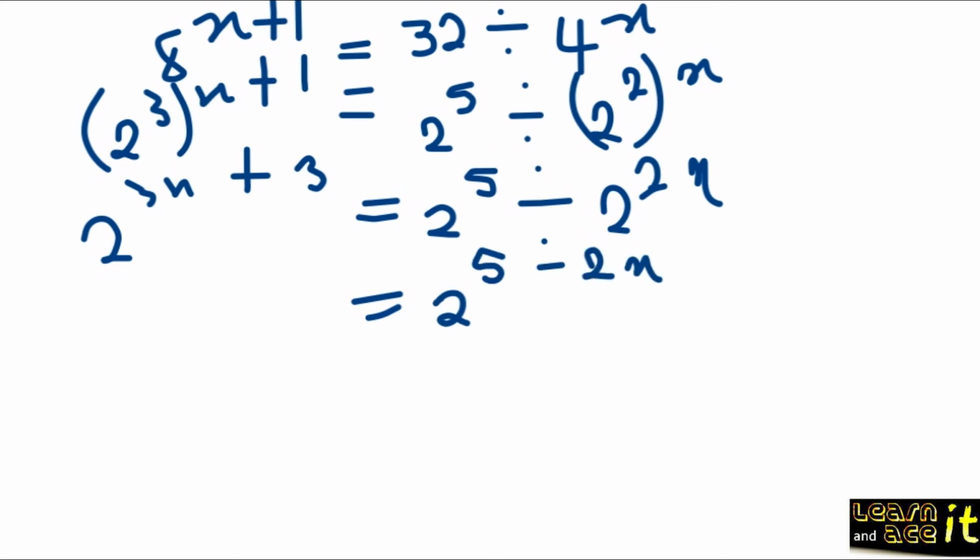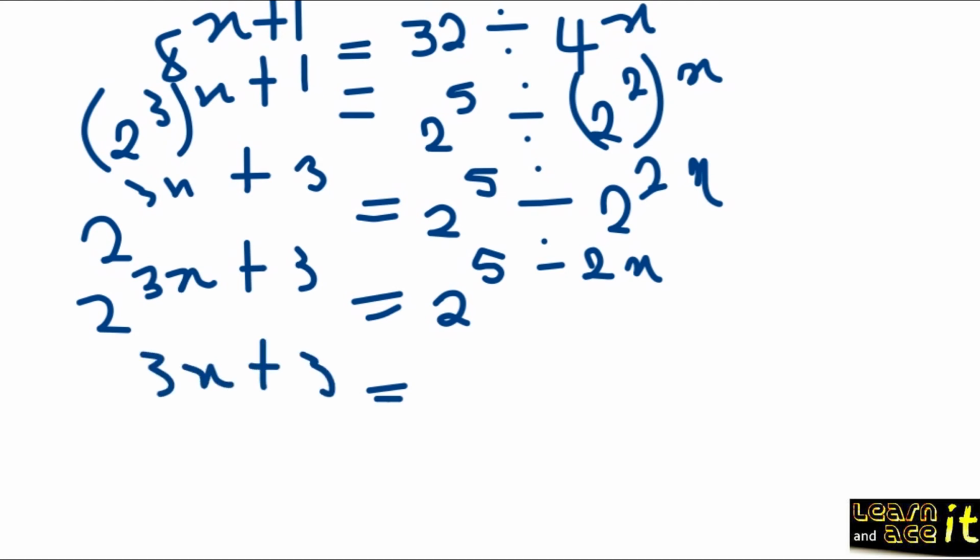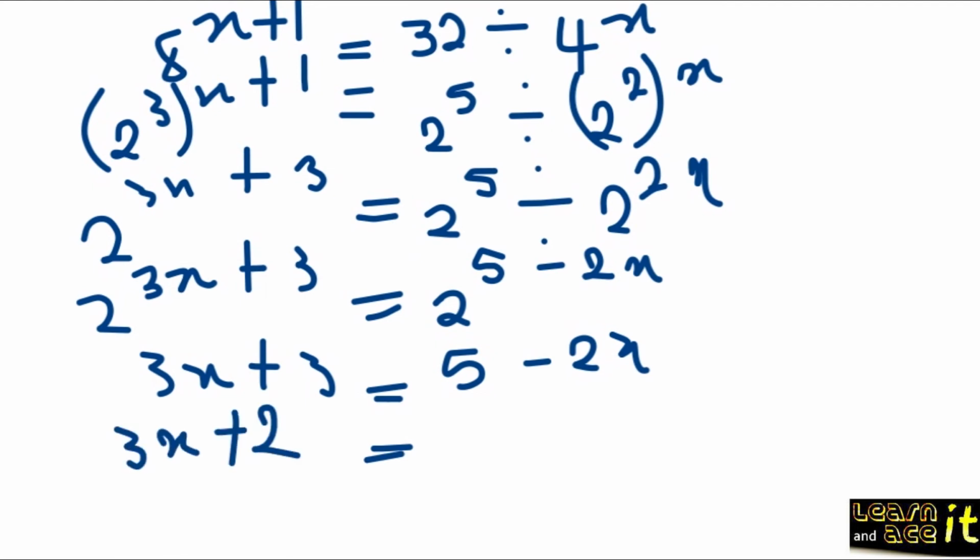And then on the left hand side, we are going to drop 2 to the power of 3x plus 3. Alright, now our bases are the same on either side of the equation, so we can equate the exponents. So it will be 3x plus 3 equal to 5 minus 2x. And then from here we can group the like terms, so it will be 3x plus 2x equal to 5